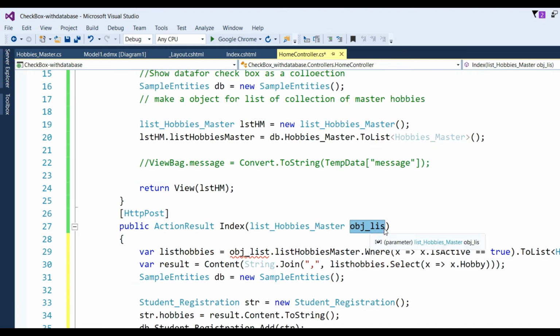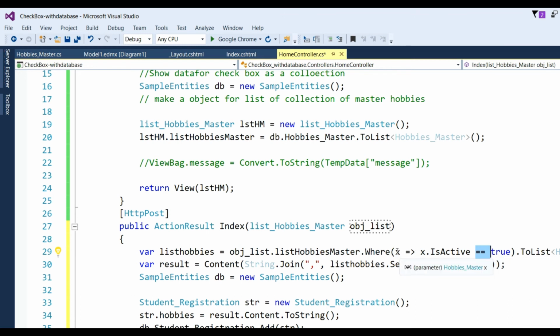Now we already have the object made, so put the object list here, and I have defined a where on the list of hobbies master, and put a where clause with a lambda expression: x goes to x dot IsActive equal to true.